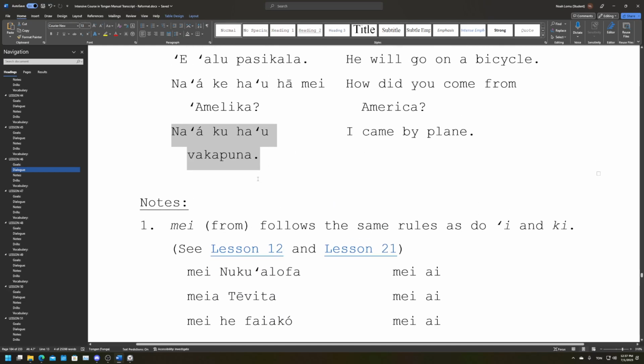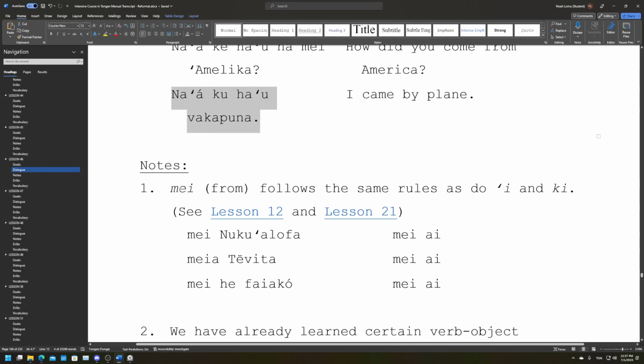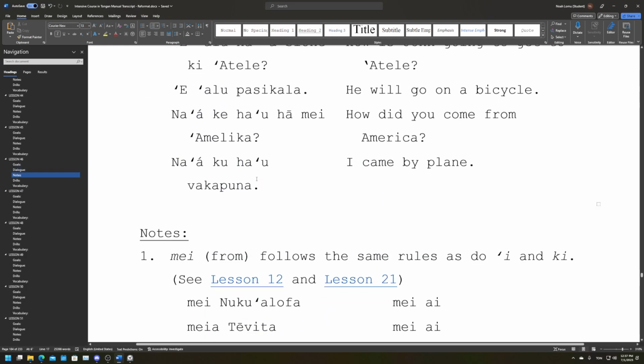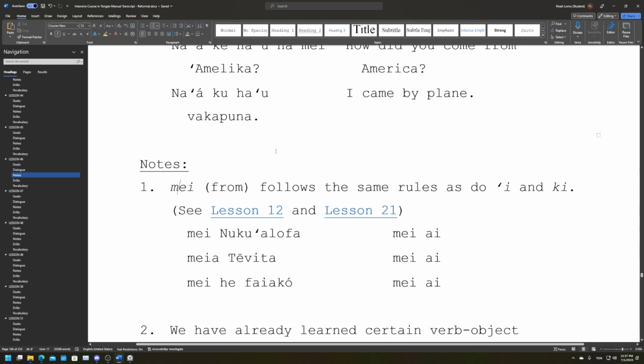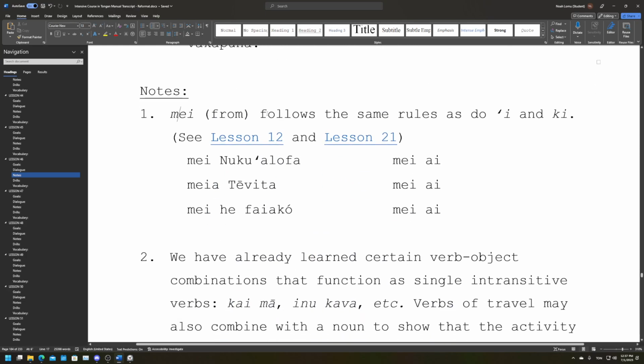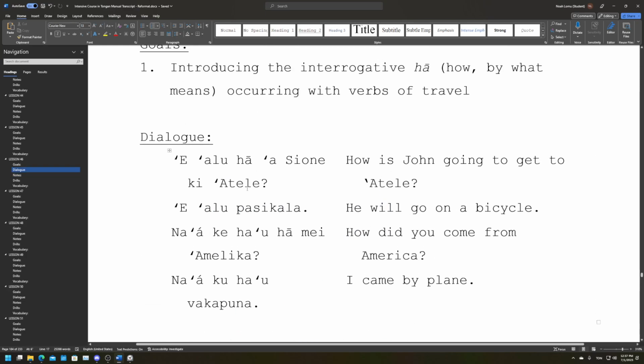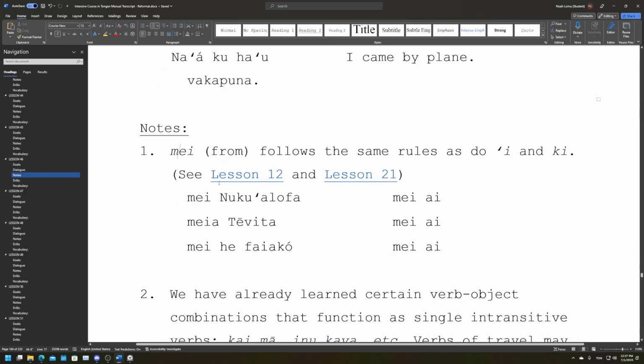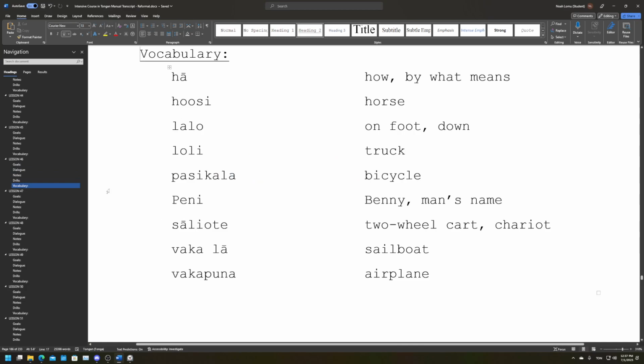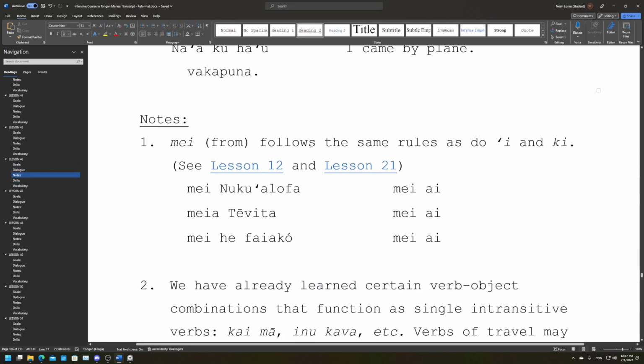Right, so let's look at the notes which explain this more. Me, I don't think that was even used. We've already learned me, I think we must have. It follows the same rules as e and ki. So what we mean by that is